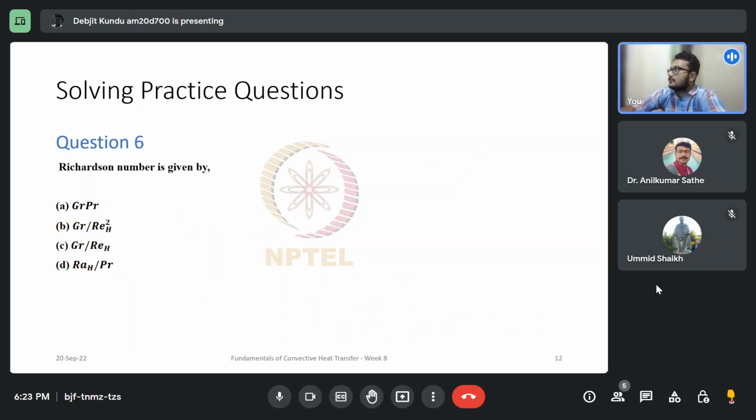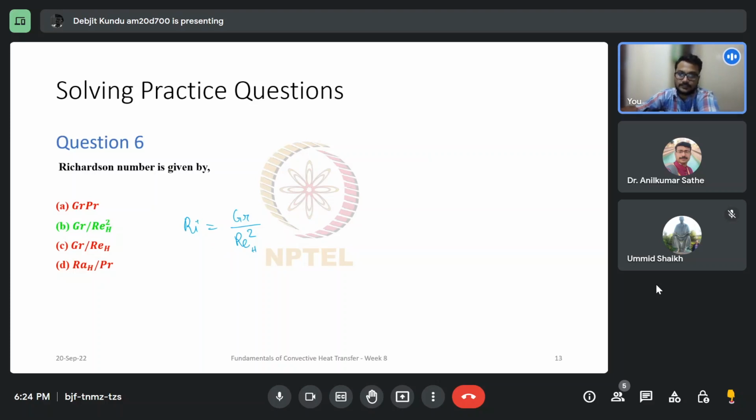Okay, so moving on, what is the Richardson number given by? Is it product of Grashof number and Prandtl number? Is it Grashof number by Reynolds number square? Is it Grashof number by Reynolds number? Or is it Rayleigh number by Prandtl number? Grashof number by Reynolds number square, option B, correct. So Richardson number is given by Grashof number divided by Reynolds number squared, and